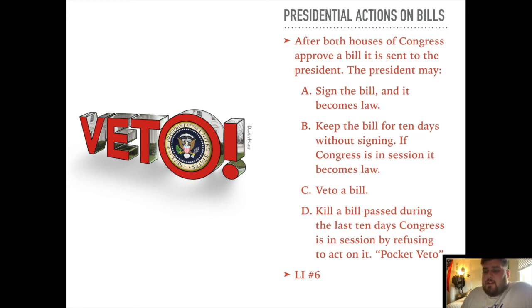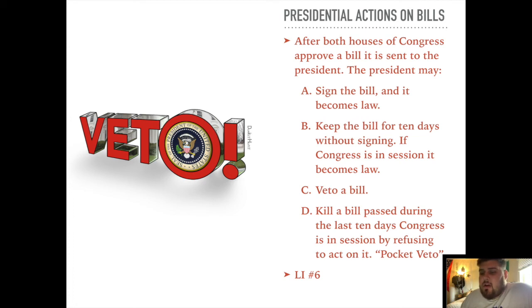Second, keep the bill for 10 days without signing. If Congress is in session, it becomes a law. So if it just sits on his desk and he doesn't do anything with it for 10 days, it becomes law. If he's going to make a decision, he either needs to sign it or he needs to veto it. Or there's a final option, which is to kill a bill